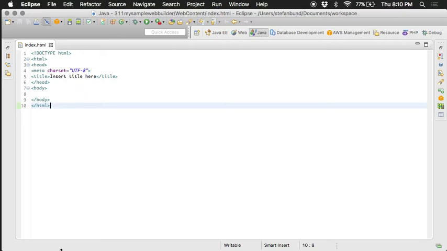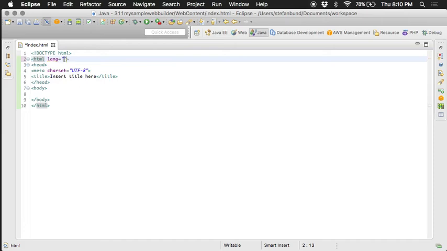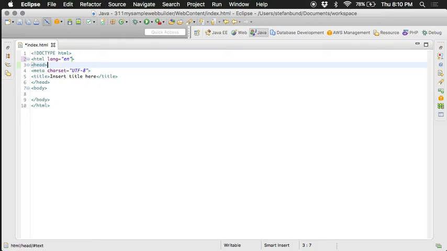But given the fact that I want to code with some Bootstrap tonight, I want to say my language, my HTML, is going to be English. And then I'm going to get into my head. And then